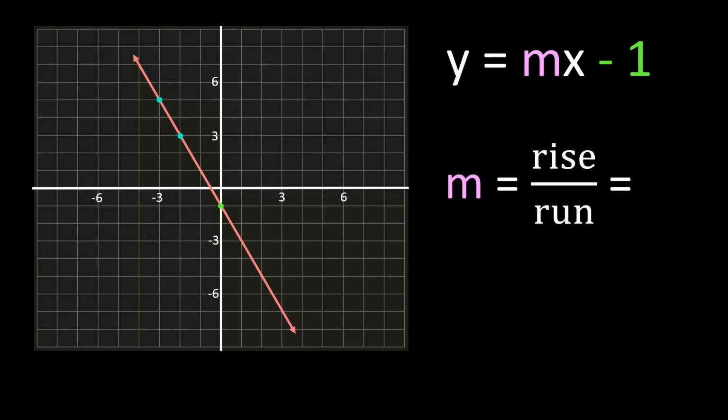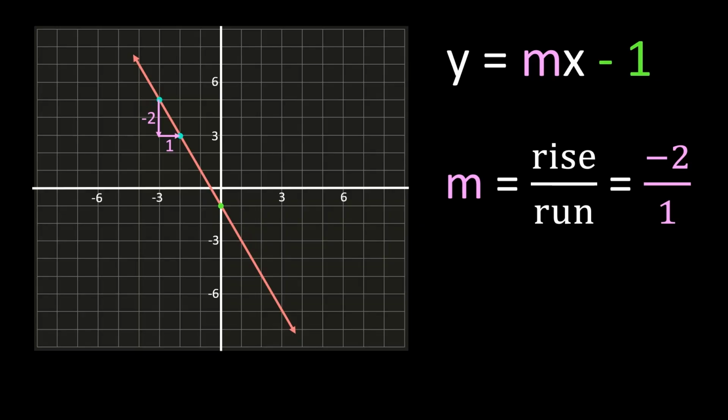And I'm going to first start with the point on the left, and I'm going to calculate my rise. Starting with the point on the left, to make my right triangle, I have to go down 1, 2. And if I go down 2, my rise is -2. Then to complete my right triangle, I'm going to the right 1. So my run is 1. And now I can substitute these values for rise and run. My rise was -2. My run was 1,